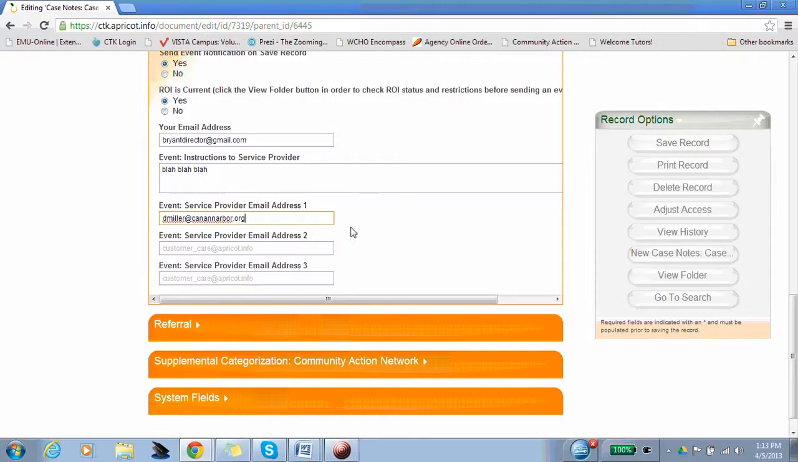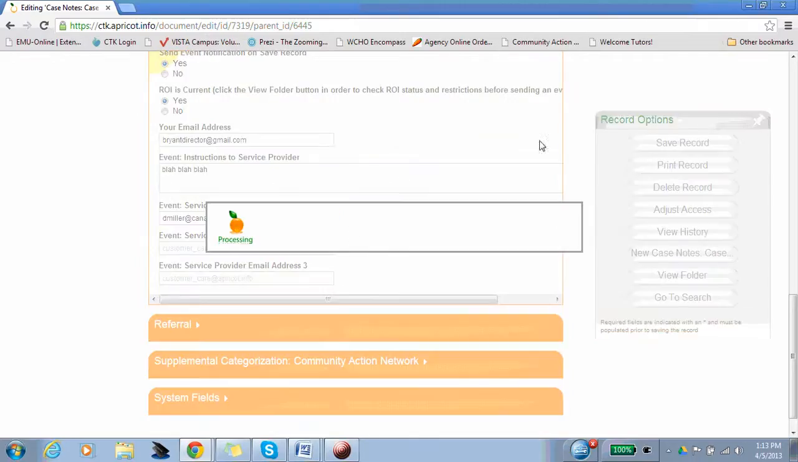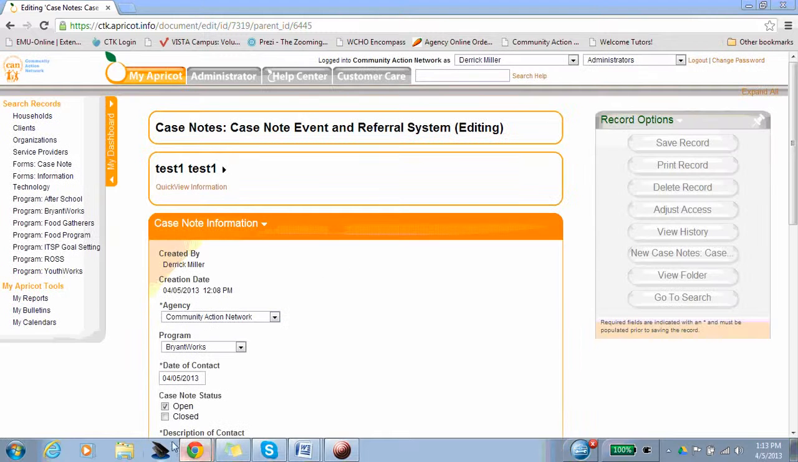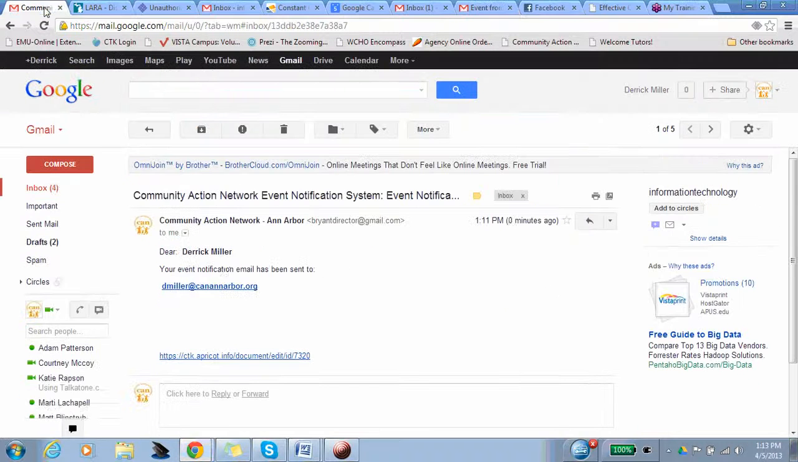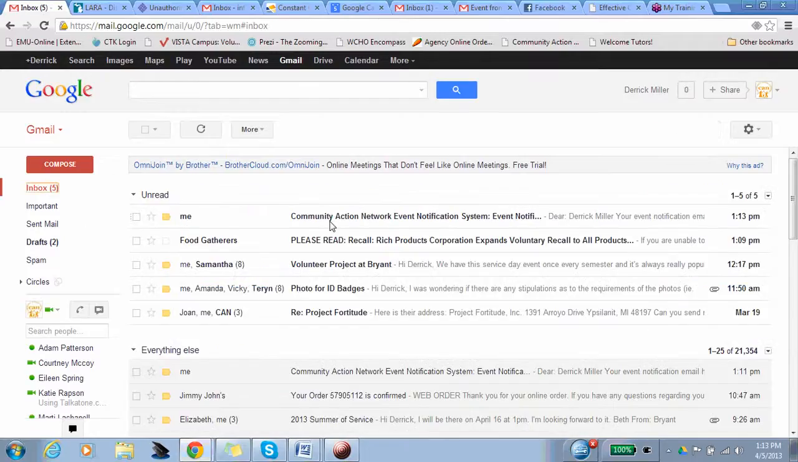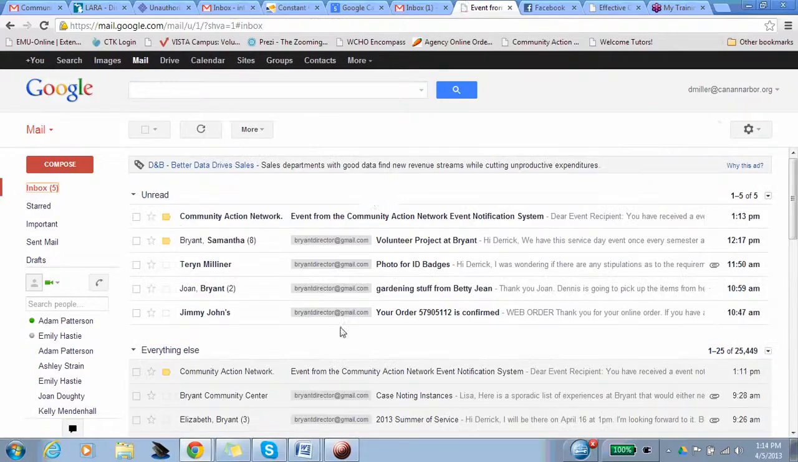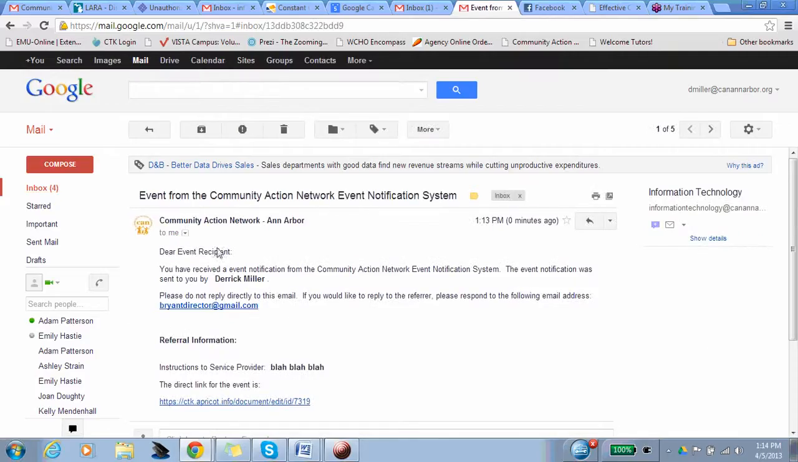dmiller@canyonarbor.org. And then once again, when I save this record, it will shoot out those email triggers, and it will include the information from the main case note on it. There we go. Saves. Let's check the emails again. And alright, so let's update this. There it is again. Same thing, tells us where it was, and the record link to take us to where that case note was being sent from. And then this is the recipient email, and here we go again with another notification that was